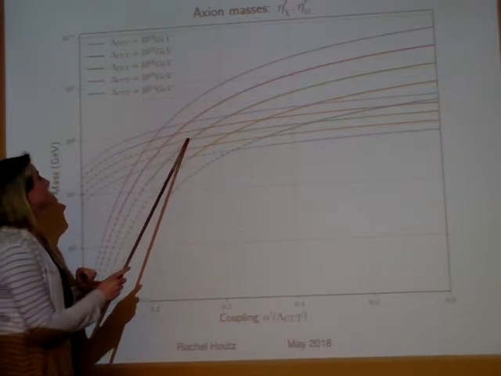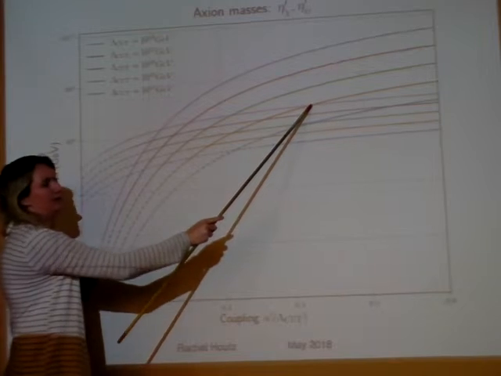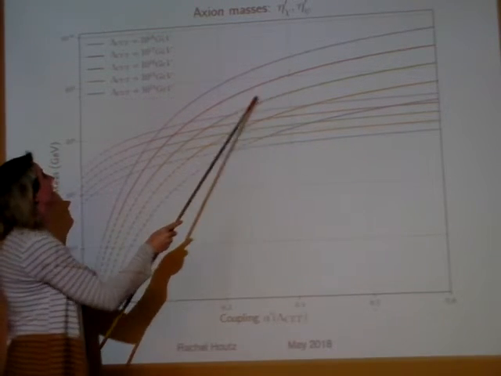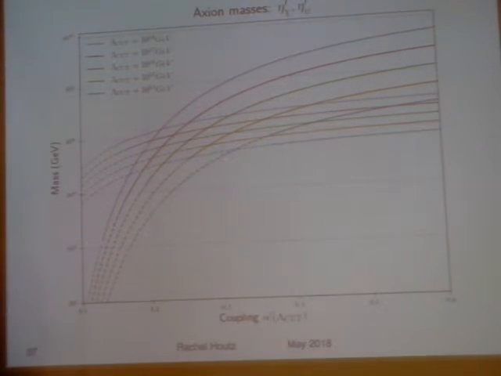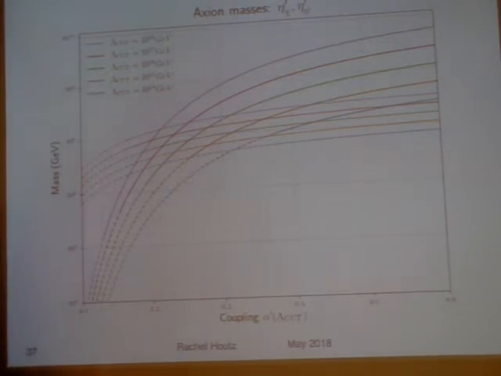So if we had a cut scale of 10 to the 16th, but all our kappas were 10 to the minus 1, we'd have a line that looks a lot like the yellow line, right? And if we had 10 to the minus 2 and a lambda cut at 10 to the 16th, we'd have a line that looks a lot like the blue line. That's if they're not hierarchical, but they're all less than 1. So you can get a sense for our sensitivity to the kappas looking at this graph.